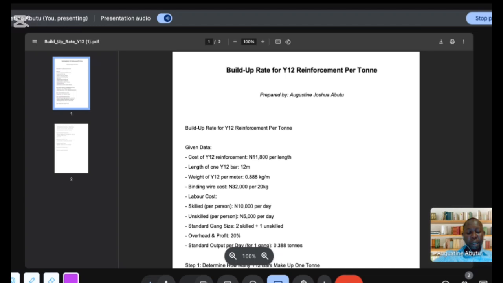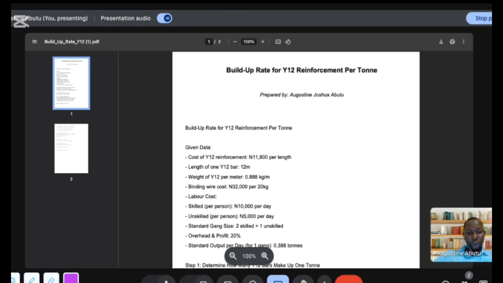So we'll be looking at material cost, labor cost, and overhead and profit. In a BSMM, reinforcement is measured in tons. Okay. In real life practice, you can buy reinforcement in length in the market, right? But if you want to build up rate, you have to build up rate according to the BSMM, which is per tons. So in Abuja today, the cost of Y12 per length is